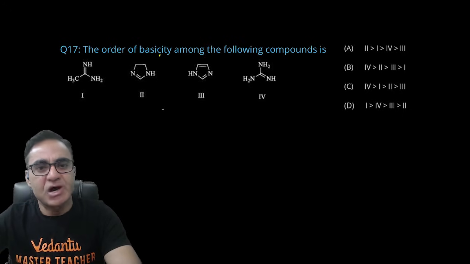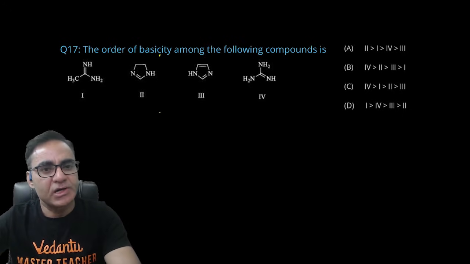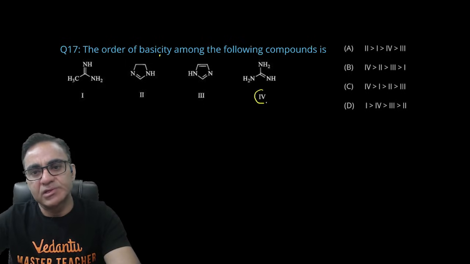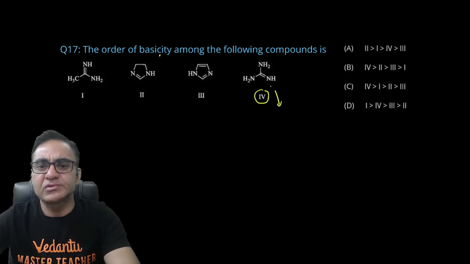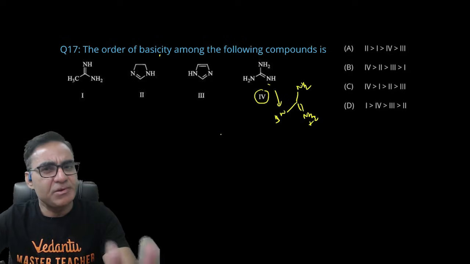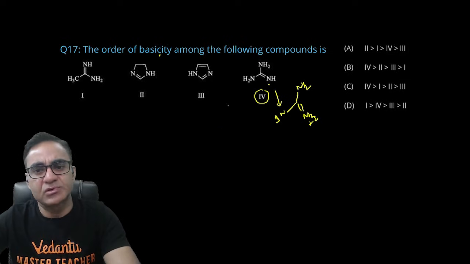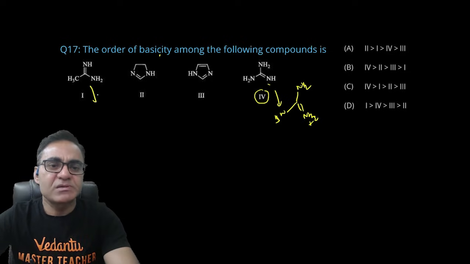इन दिस क्वेश्चन 4 बेसिस दिए हुए हैं, इनका बेसिक स्ट्रेंथ का ऑर्डर निकालना है, राइट। तो जैसे फोर्थ कंपाउंड आप देखिए, फोर्थ कंपाउंड में अगर आप H+ डालते हो ना, तो ये नाइट्रोजन जो कि सबसे बेसिक है, ये प्रोटॉन ले करके NH2+ में कन्वर्ट हो जाएगा और उसके 3 इक्विवेलेंट रेजोनेटिंग स्ट्रक्चर्स बन सकते हैं। दैट मींस दिस कंपाउंड हैज मैक्सिमम टेंडेंसी टू एक्सेप्ट प्रोटॉन। तो फोर्थ सबसे ज्यादा बेसिक हो गया।